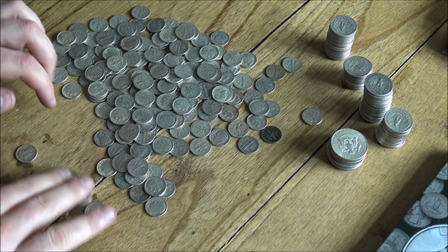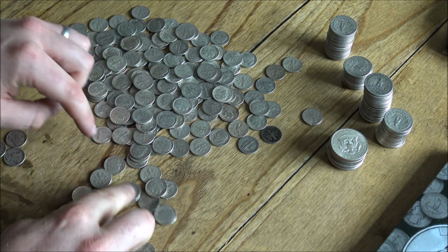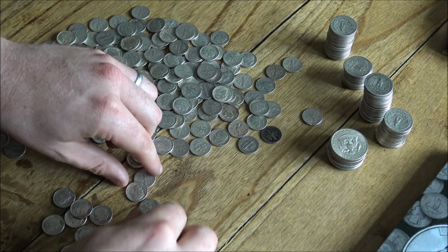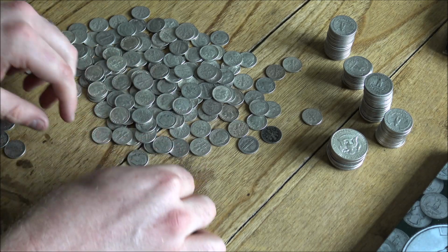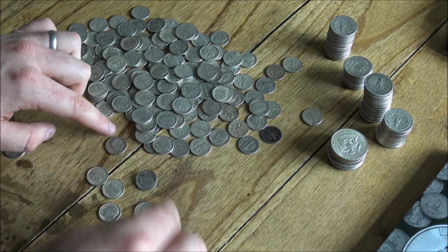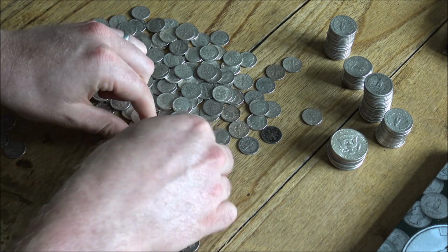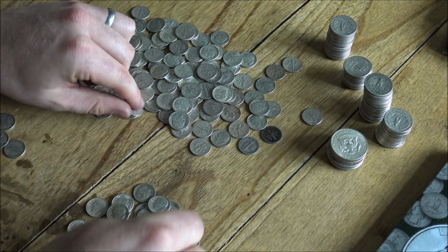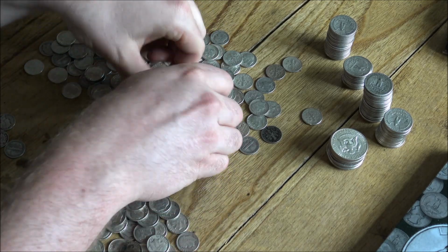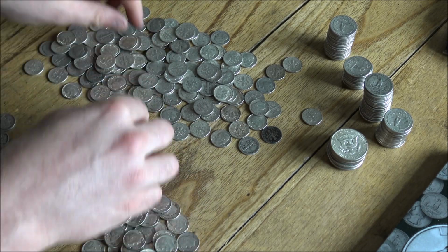Right, so now we've got all of that done, let's go through this and get all of the Mercury dimes out. What it does raise, though, is an interesting question about what we're going to do with all of this silver, because arguably one of the best things about some of the 999 pure stuff that's out there, like the Queen's Beast series, is that they rise in premiums quite significantly, and that's very good. You can potentially trade up for even more value in the long run, which is of course one of the benefits of pure silver, whereas all of this stuff really is just going to be